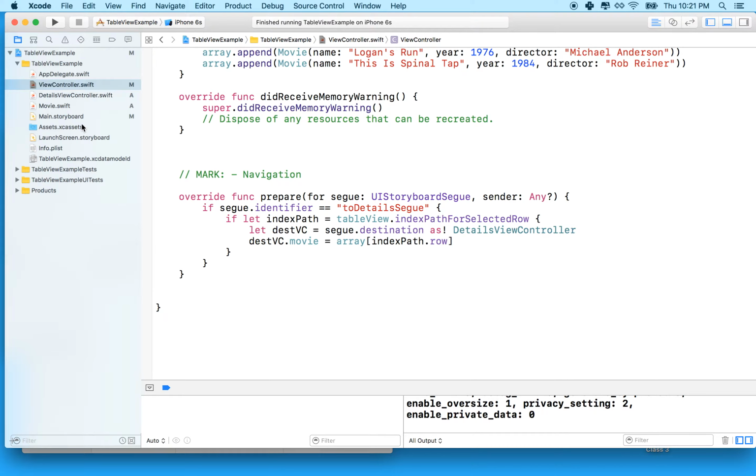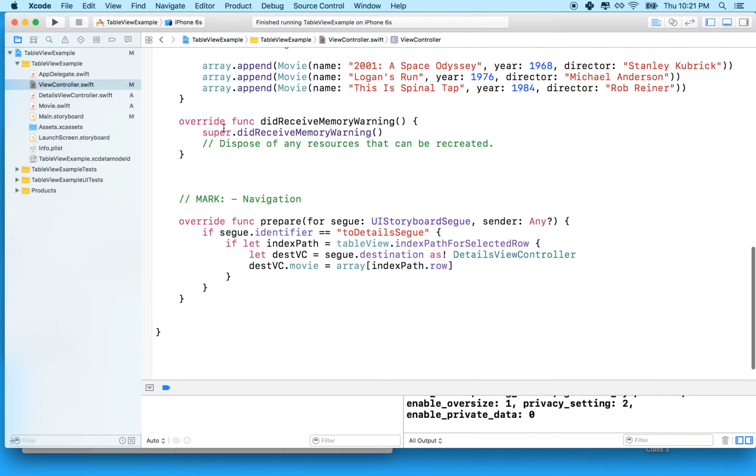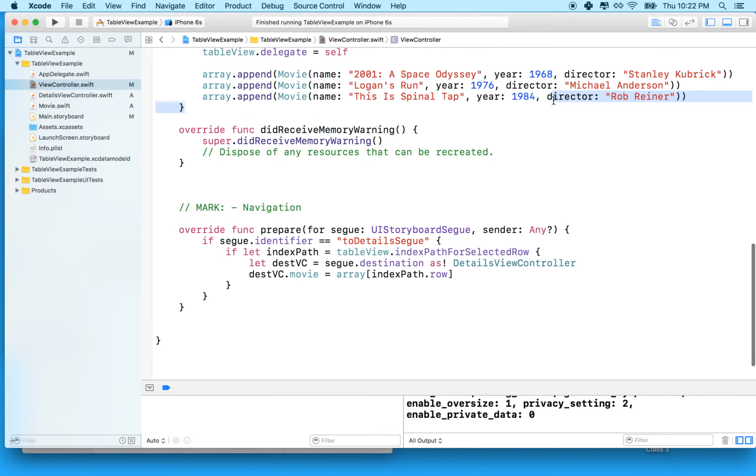And we got our movie displayed in the details view, but our detail view only shows the name. So why don't we also show the other data that we have here, like the year and the director, right? So what we'll do is we'll go to our storyboard,